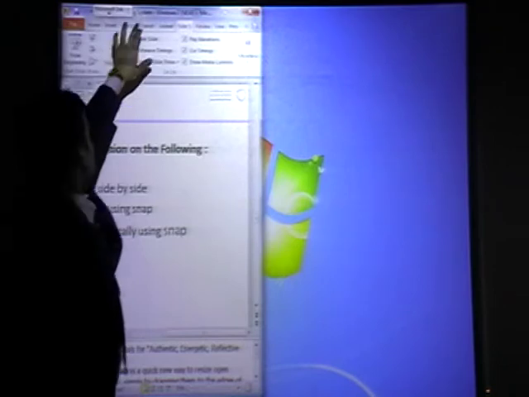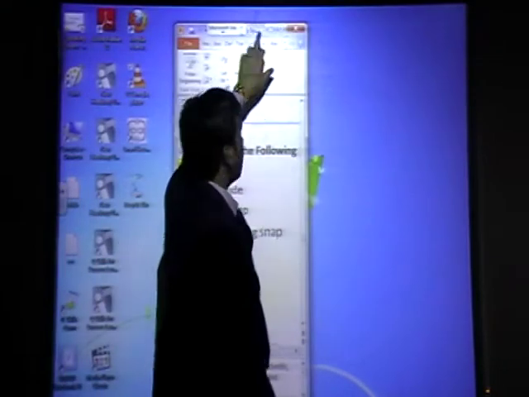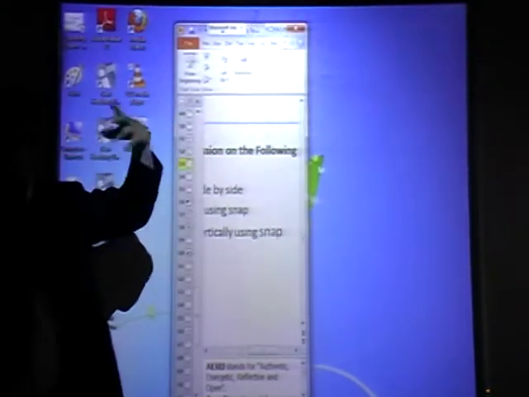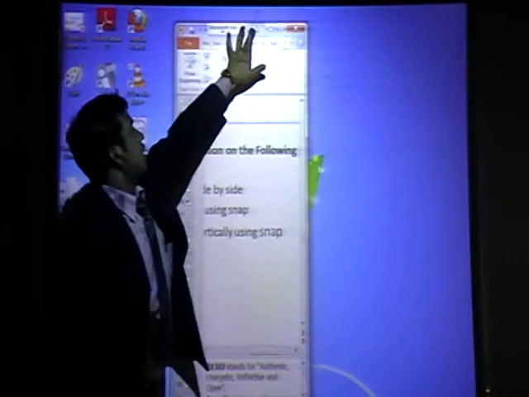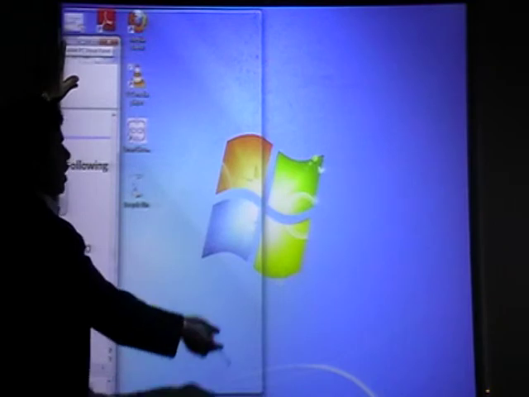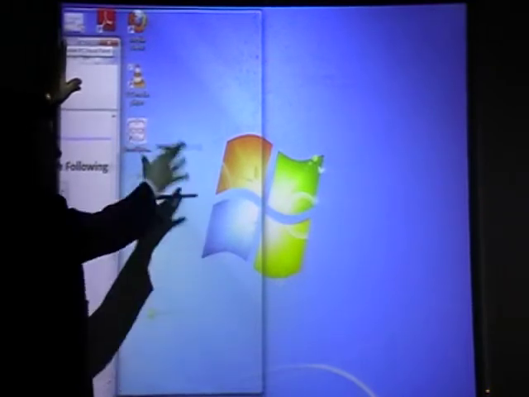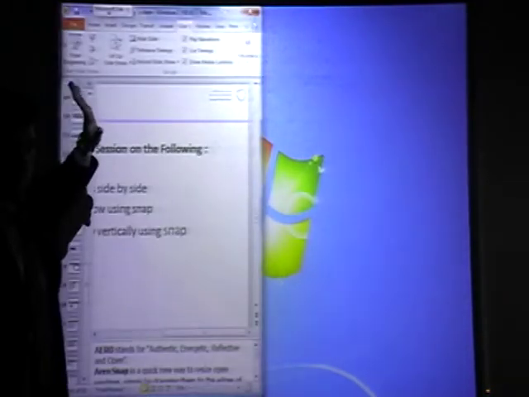This is arrow snap. Can you see this portion? Have you seen? Again, look here. Arrow snap means your window will come up to here. That's all.